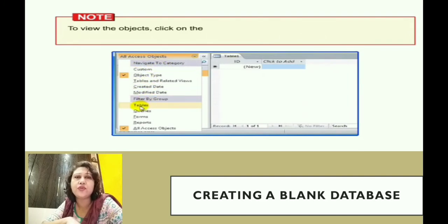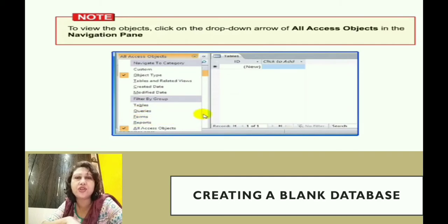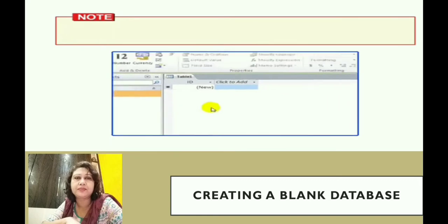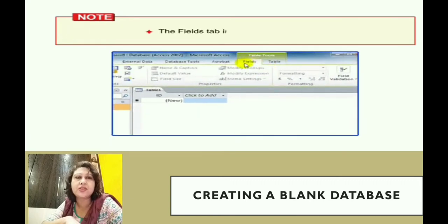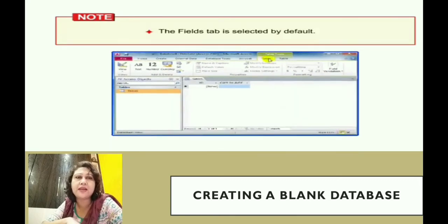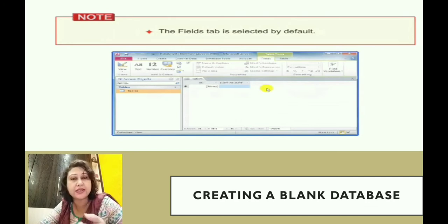And in order to view the objects, we just have to click on the drop-down arrow of All Access Objects in the navigation pane. As you can see on the screen, the Fields tab is selected by default. So this is all about how to create a blank database where we can enter data in the form of tables.